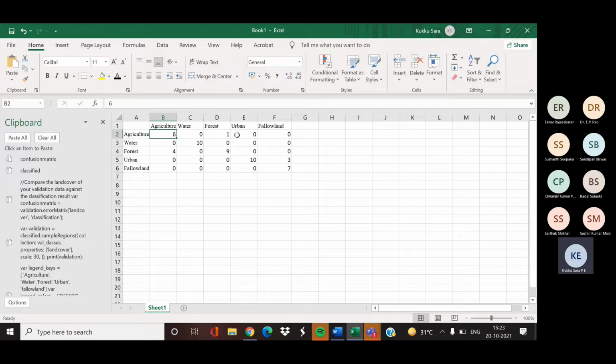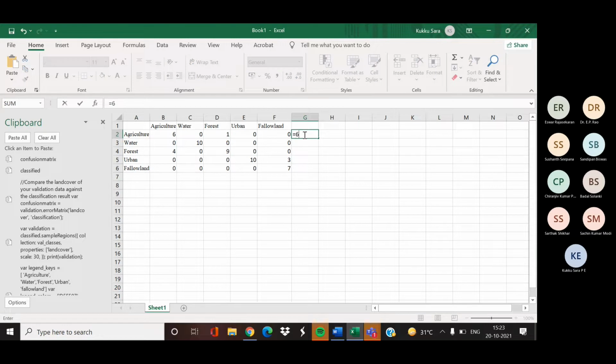In order to calculate this user's accuracy, we take the ratio of correctly classified pixels, that is here 6, divided by the total number of pixels in the row, that is 7.